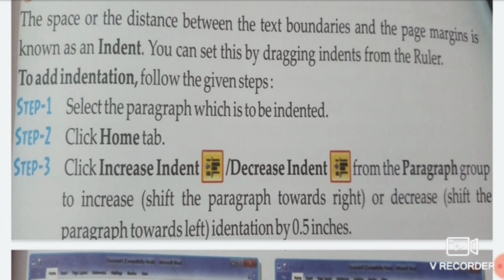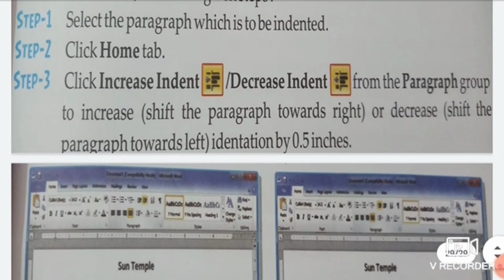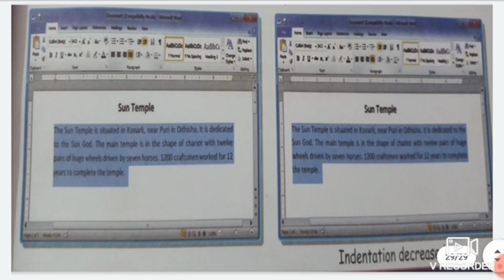Increase Indent will shift the paragraph towards the right, and Decrease Indent will shift the paragraph towards the left. You can see in this picture also, the paragraph which is written here at the left side has more margin given. If we want to reduce this, we can shift it by the ruler bar.